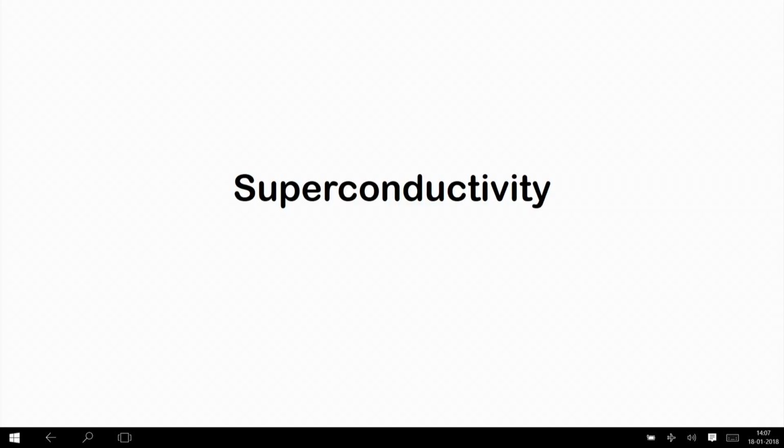So, we are going to talk about superconductivity. Having seen various phenomena in condensed matter physics such as magnetism, metallic behavior, insulating behavior, ferromagnetism, antiferromagnetism, and doing a thorough analysis with regard to the Green's function, let us now talk about superconductivity. Initially we are going to give you glimpses of the historical achievements